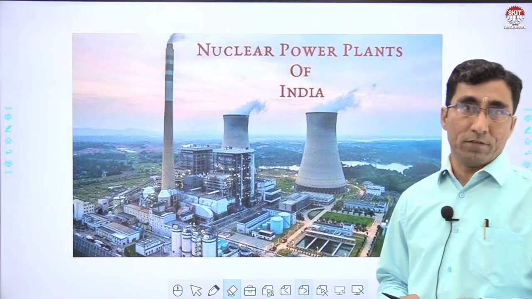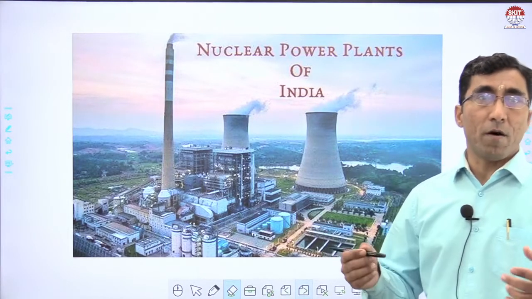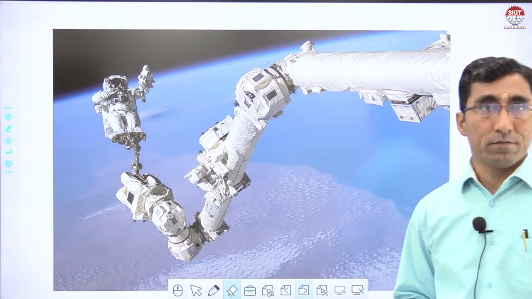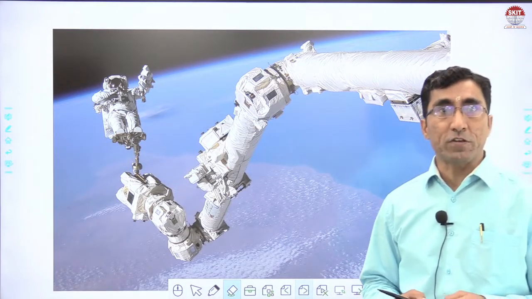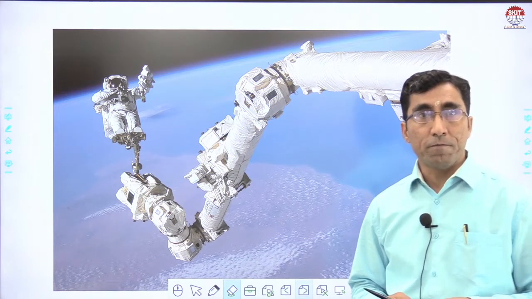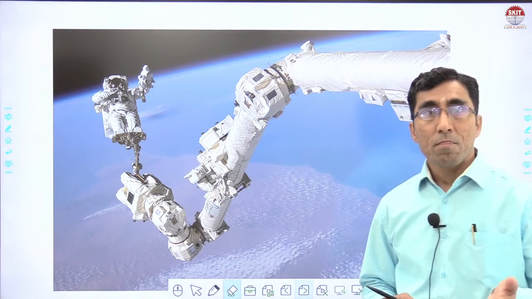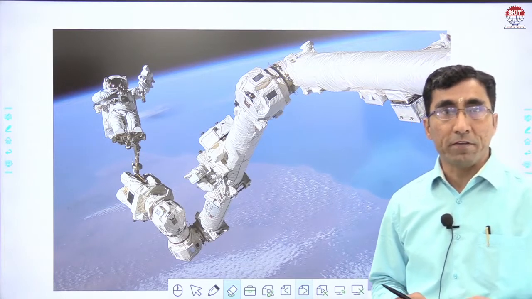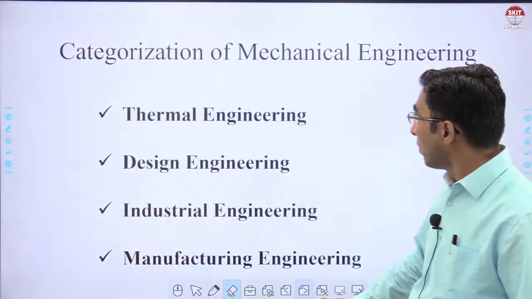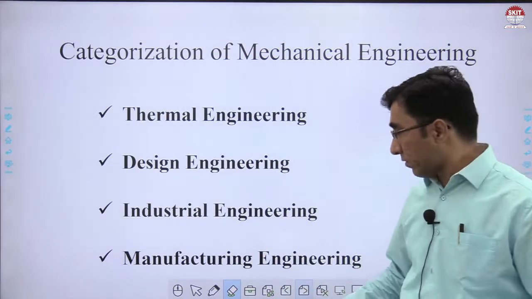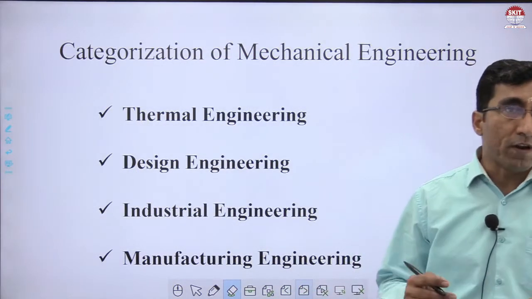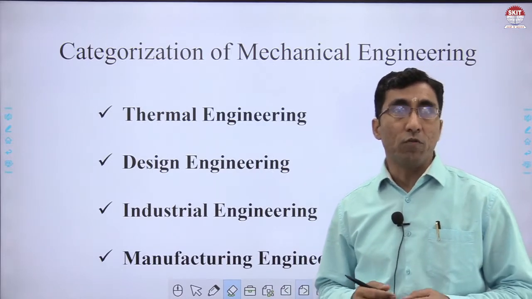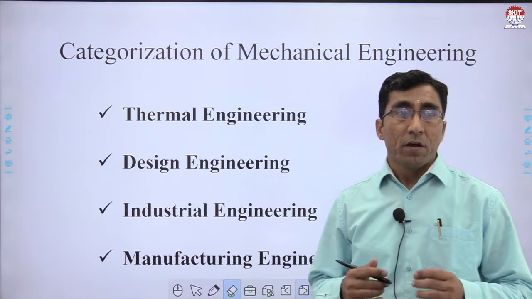Nuclear power plant, thermal power plant, space, repair of a space station, repair of any other satellite in space. All these are examples where mechanical engineering is going to work, where there is a scope of